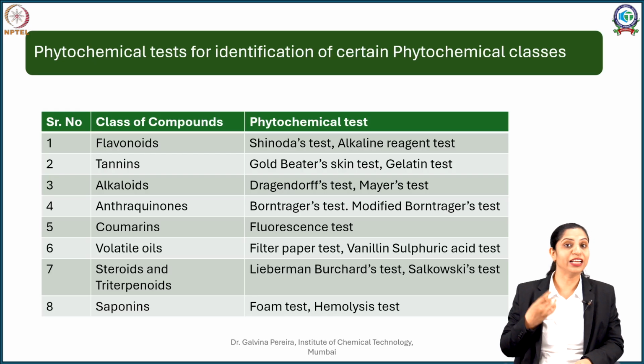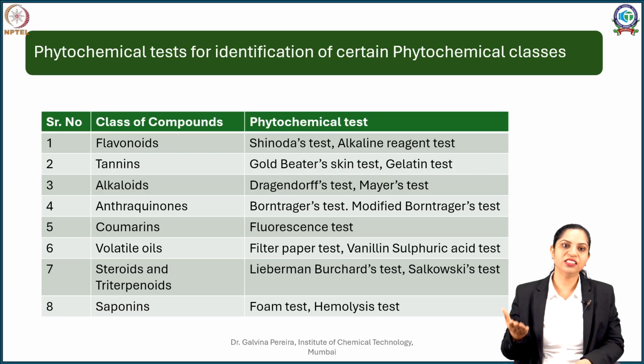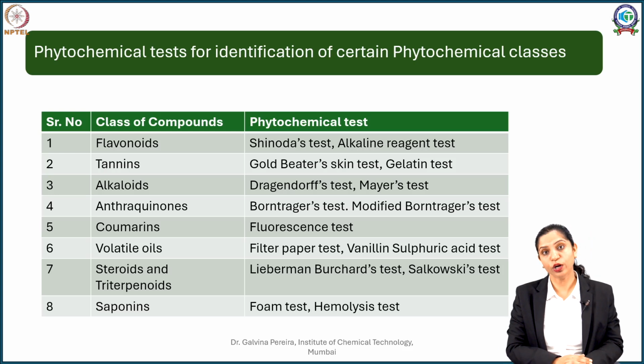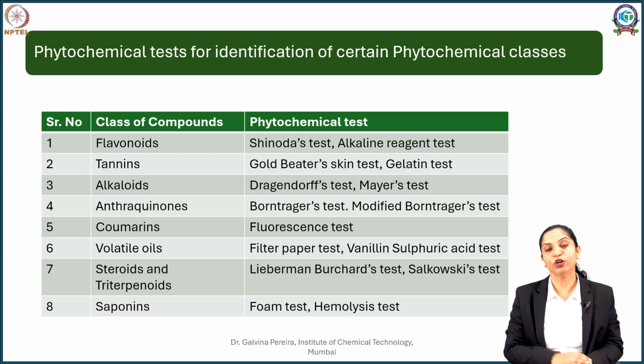It will give you your test for flavonoids positive. Similarly, if you take licorice as a drug, licorice contains flavonoids, tannins, and even saponins. So, a herbal drug, depending upon what all constituents it contains, will give you a set of tests positive. This is what you call phytochemical evaluation.